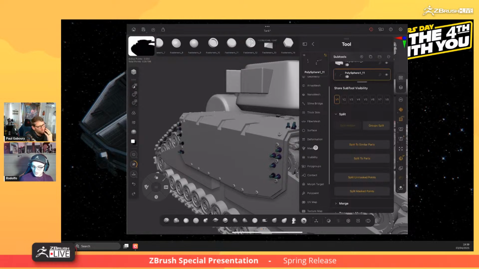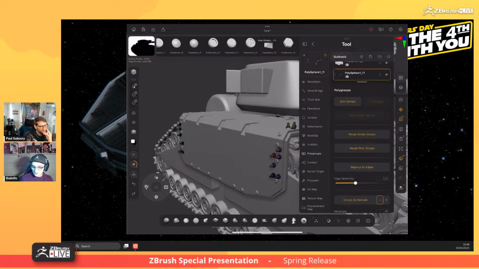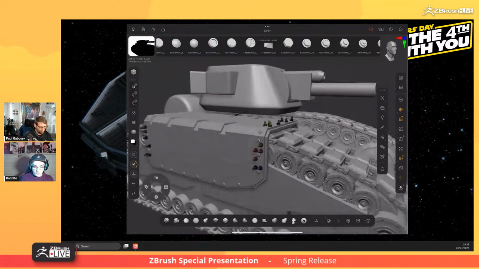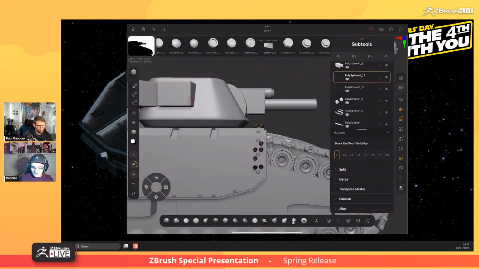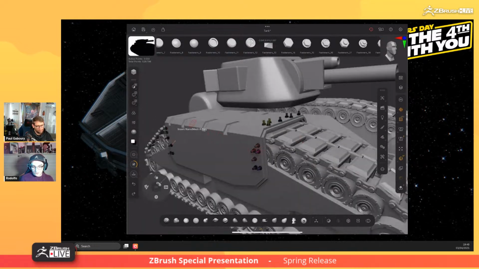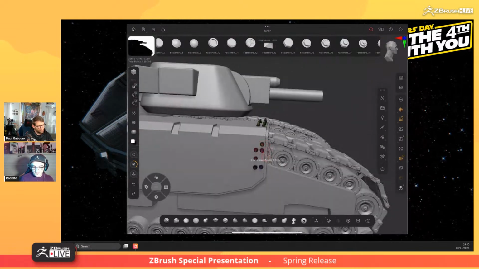over here under our polygroups, and let's just run an auto group. So every single one of those is a separate polygroup, which for me works perfectly for what I'm about to show you. Let's say I'm actually going to hide those because we don't need those for this example. I want to replace a single one. Let's say I don't like one of these. I want to change to like this